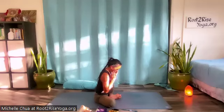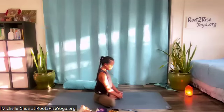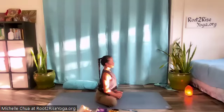So bring the soles of your feet together, slide the heels close to your groins, and take hold of your outer feet either with your hands or use a strap around the feet as an extension of your arms. As you press your 2 sitting bones down, lengthen up through the back of your skull and your chest. Keep the shoulders relaxed, back and down, throat open, and then as you breathe out, hinge just a little bit